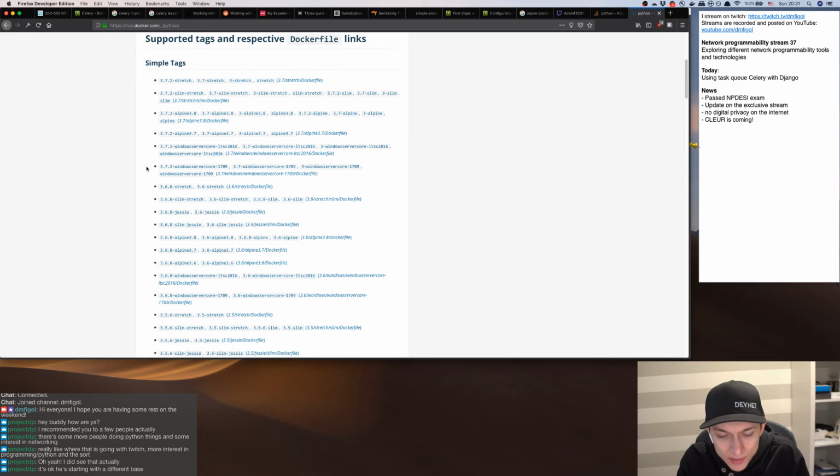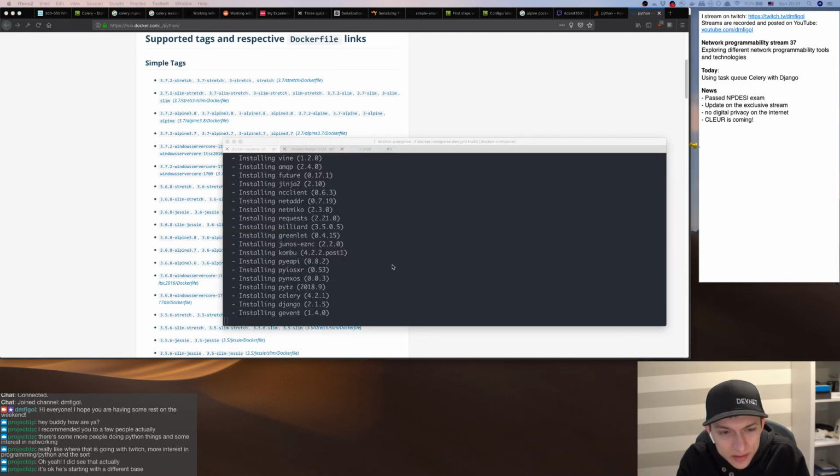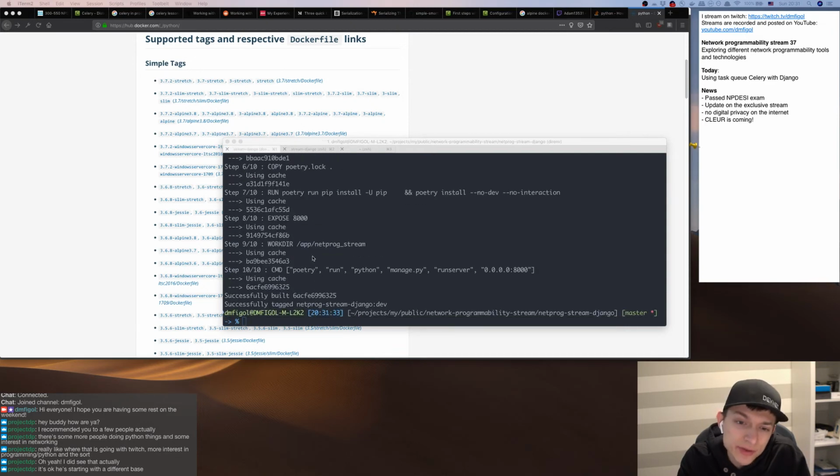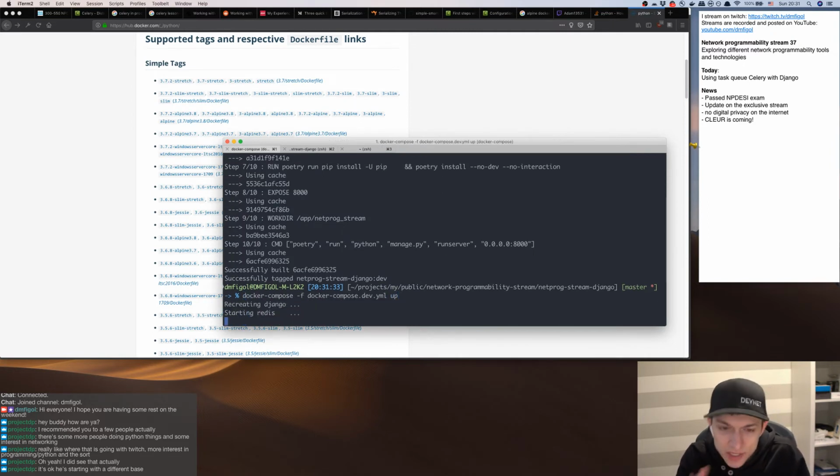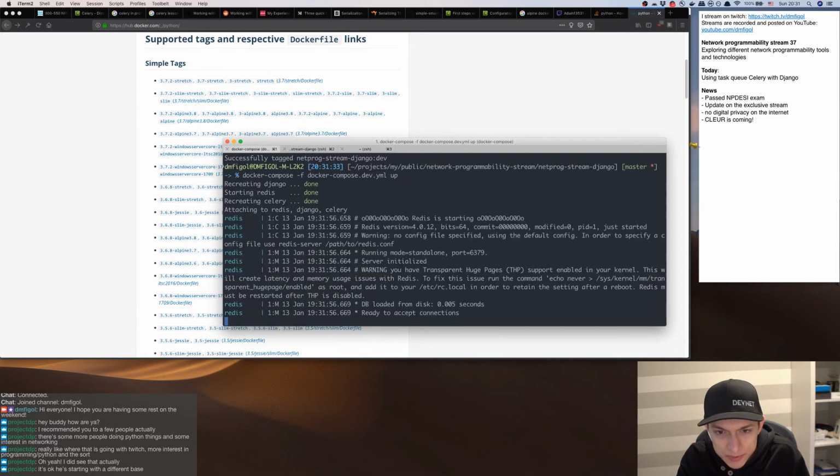So I was thinking, if it really takes that long, maybe I should not use Docker at all. Like, I shouldn't Dockerize my application itself, and then I could run it locally. You know what, I think I'm going to do that if this build is unsuccessful, because we spent at least 15 minutes in total on the stream just waiting for the container to build. It's not really cool, is it? So I think if this fails now and I need to rebuild the container,